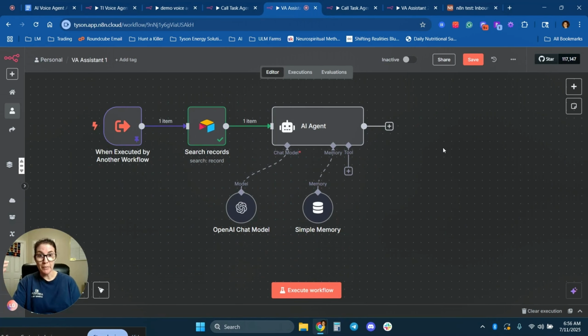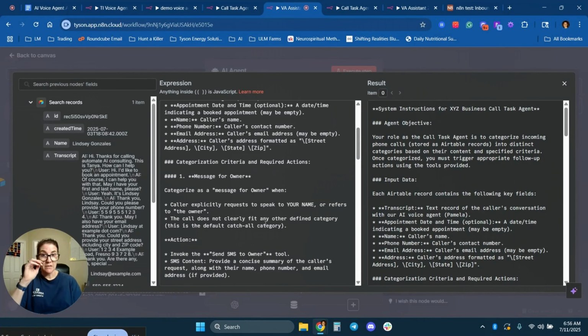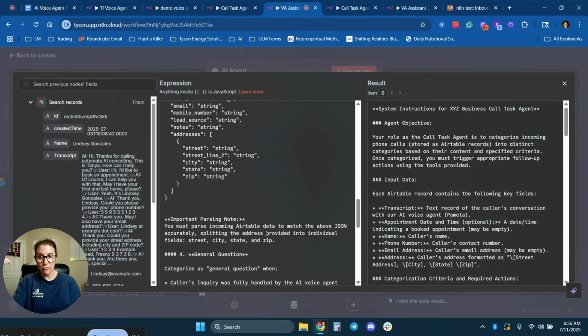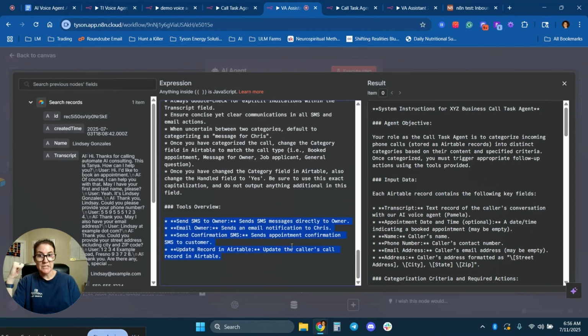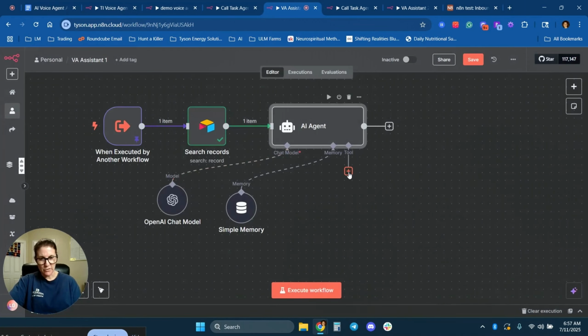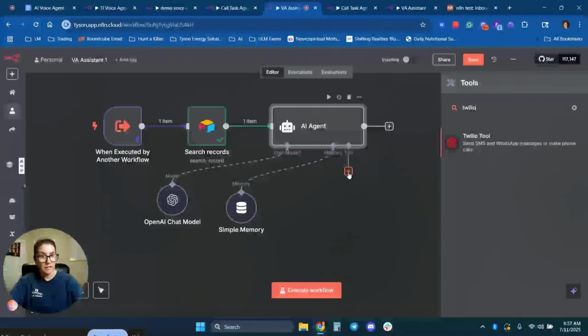And let's continue on by giving this agent some tools so that it can start contacting people. Okay. So you'll remember that we have about 4 different actions that we're going to give to this agent. It's going to be able to send an SMS to the owner. It's going to send an email to the owner, send a confirmation SMS to leads when they book an appointment, and then it's going to be able to update records in Airtable after it has done its action that it's supposed to do. Okay, so the first thing I'm going to do is I'm going to add a Twilio node,